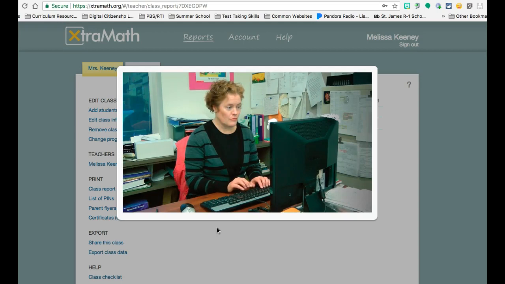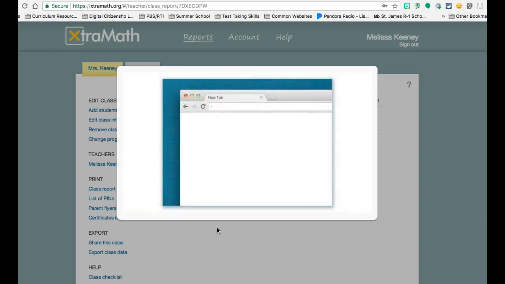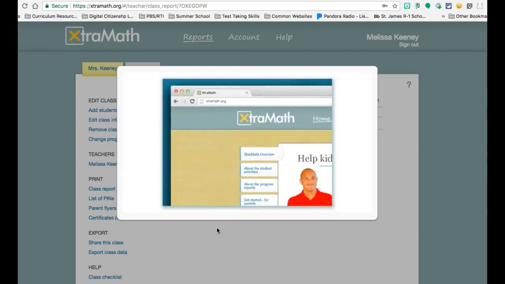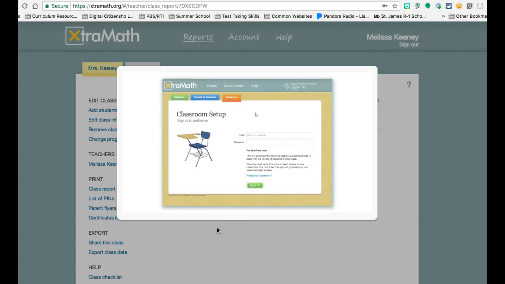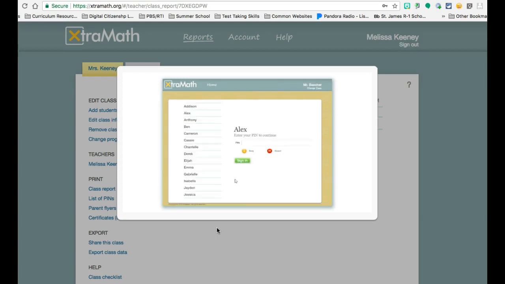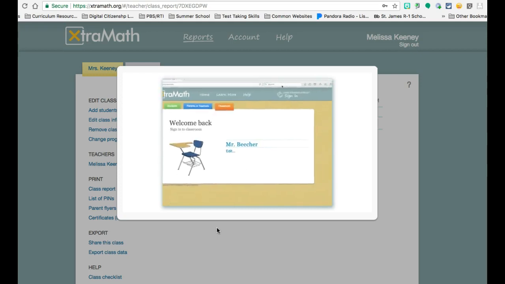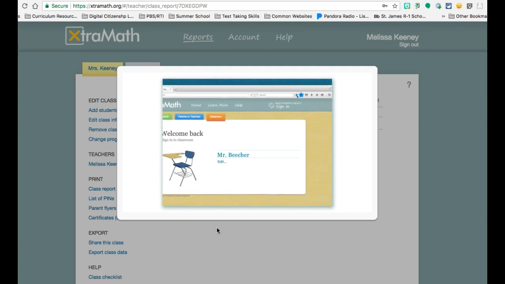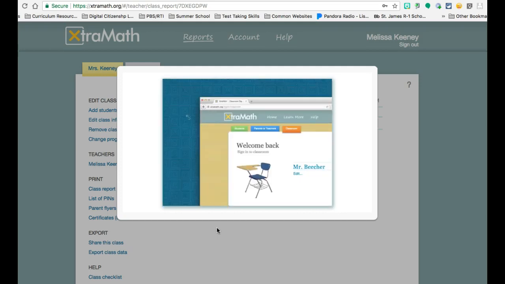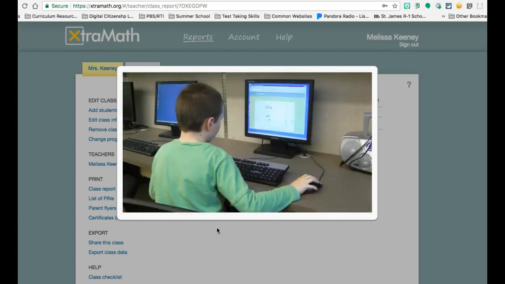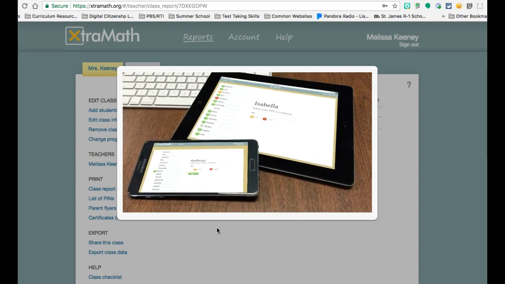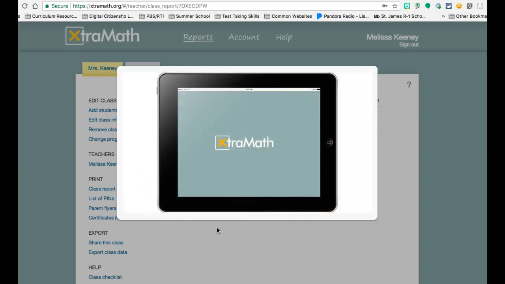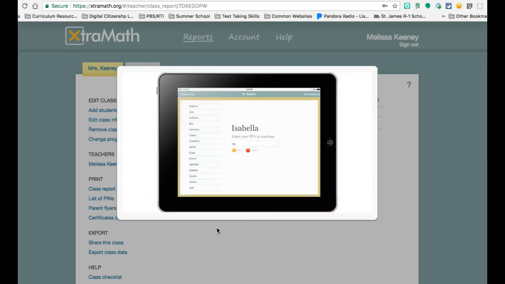On a shared desktop or laptop computer, bring up Xtra Math in a browser. Go to Classroom Sign-In and enter your email and password to authorize the computer to display student names. Also, you may want to create a browser bookmark or desktop shortcut to make it easy for students to start Xtra Math. Tablets and computers that have been configured this way will automatically display your class when Xtra Math is